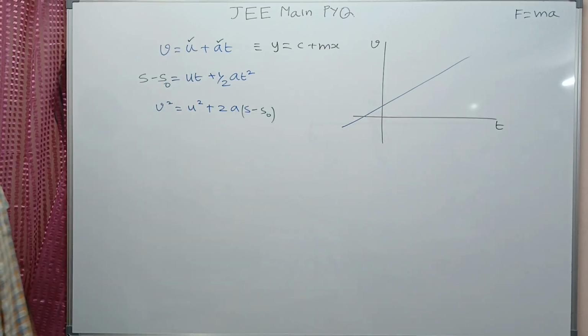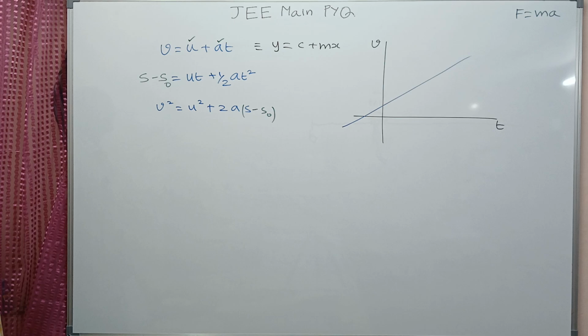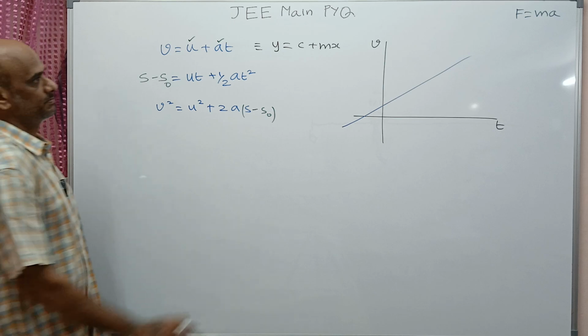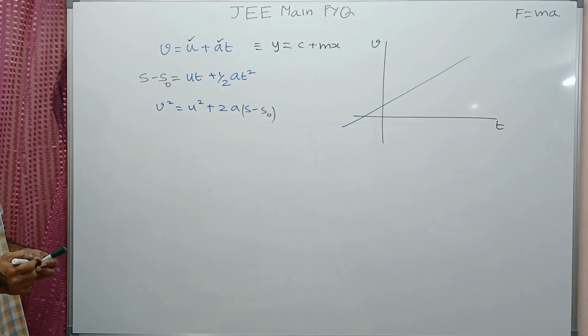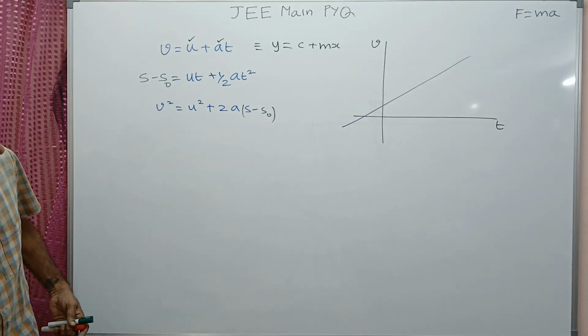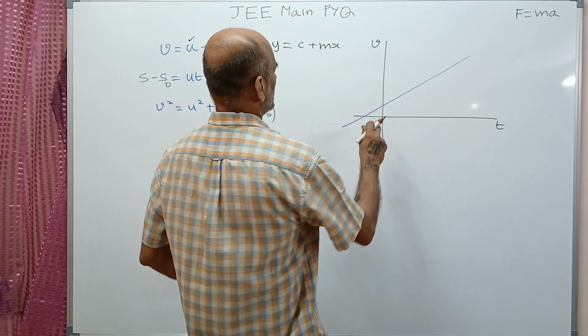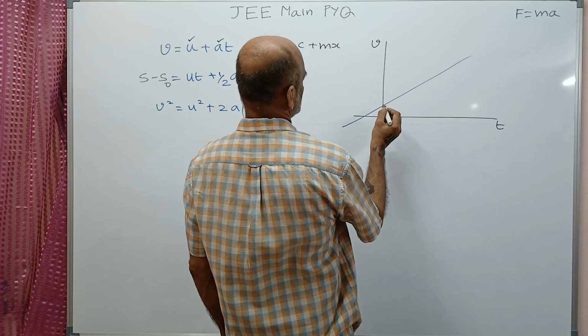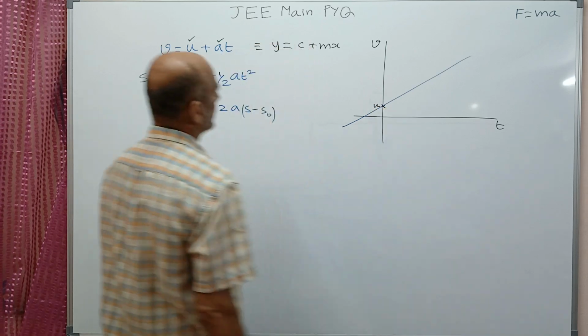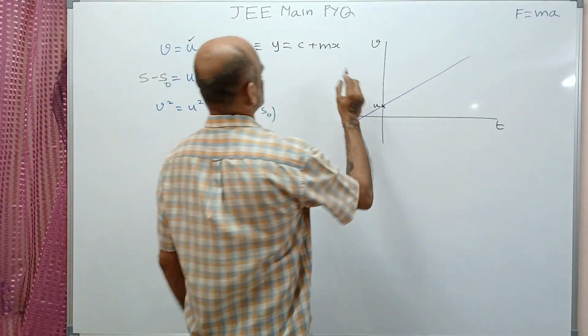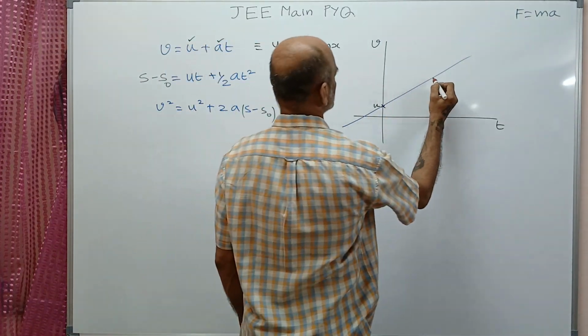So it's of the form y equal to mx plus c, which is the equation of a straight line; the power of x and y is 1. In this particular straight line, at time t equal to 0, the value is the initial velocity u. And the slope of this line, which is a here,